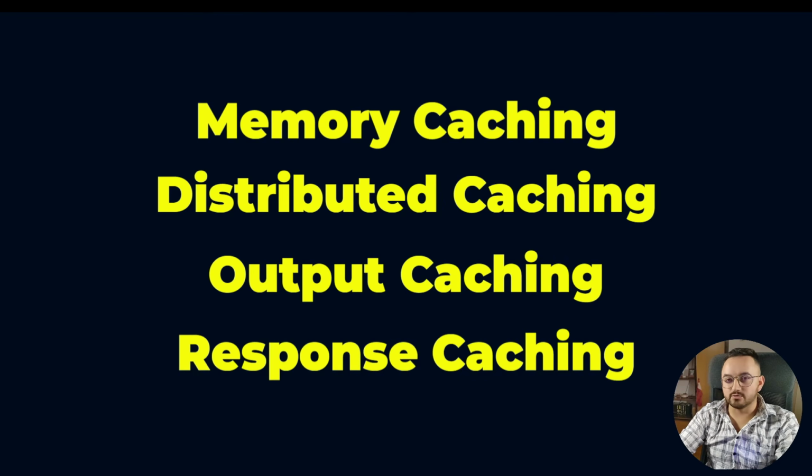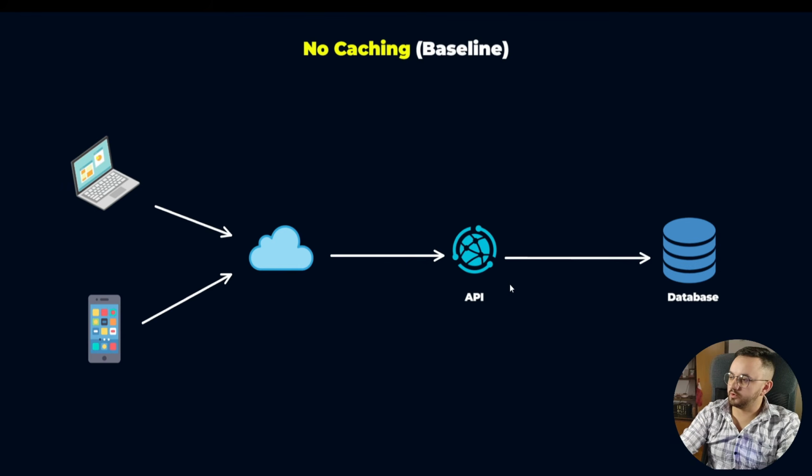Today we are going to dive into caching. We are going to explore differences between memory caching, distributed caching, output caching, and where to use which caching. Let's go. So let's say we have some API that contacts the database and clients can contact the API through